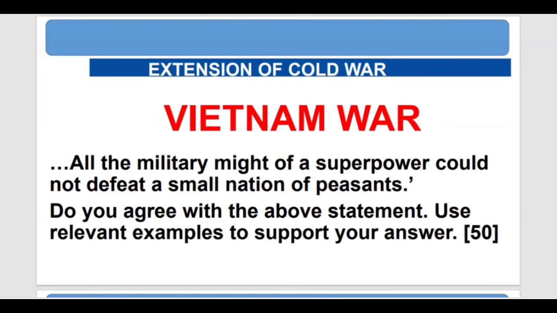And here we are looking at Vietnam, which is a Southeast Asian country, where there was a war which actually erupted from the tensions that had started in Europe, the tensions which had started from ideological differences between capitalism and communism. Right, we want to go into the details of the Vietnam War. And we are going to use a sample question. We will be making reference to the question.